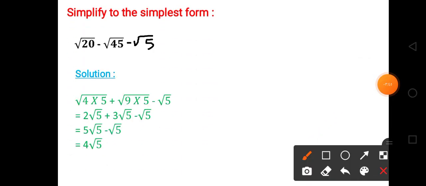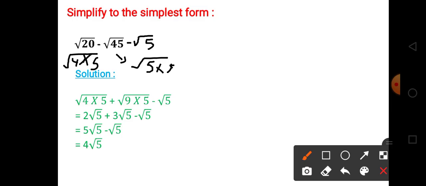Simplify to the simplest form. Root 20 minus root 45 minus root 5. Factorize root 20. 20 is 4 multiplied by 5. Okay, here we have 5 and here we have 5. So of course we will use 5 in 45. 5 times what equal 45? Of course 5 times 9. So our solution became